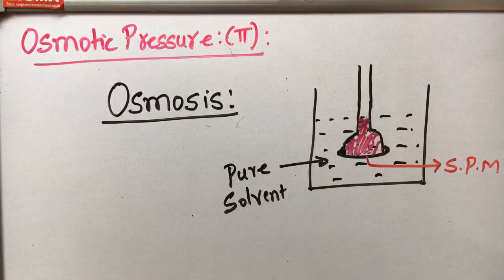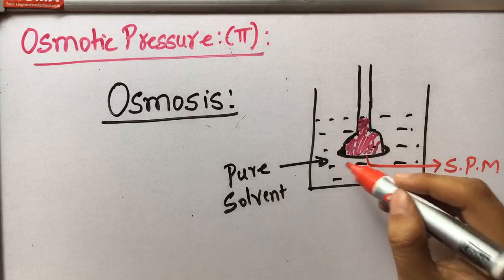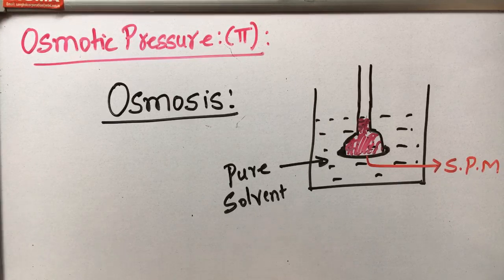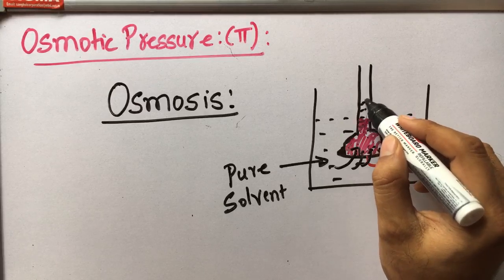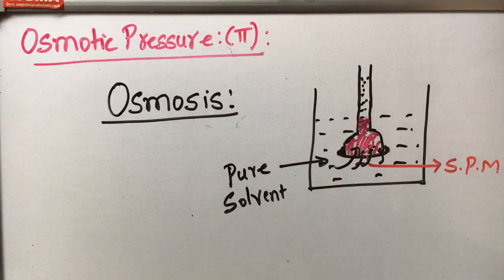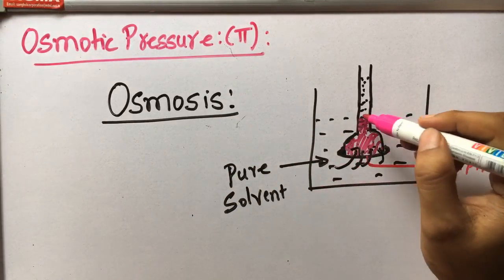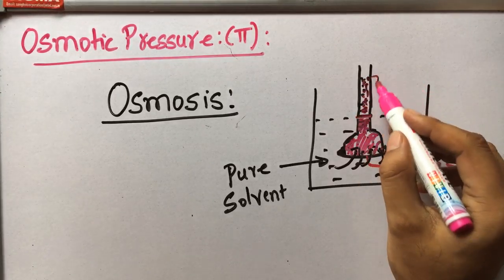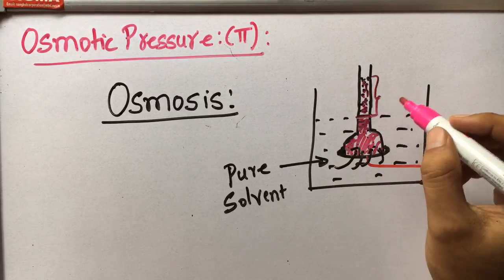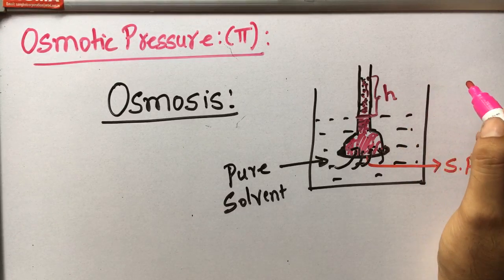When you place this thistle funnel in a pure solvent, generally you know that the solvent molecules will enter and dilute the solution, and eventually the level of the solution increases. The level of the solution here increases. That is because of the dilution of the solution. See, this was the initial level, it has increased from here to here. So let me say the height to which it has been raised is called h, and we said that